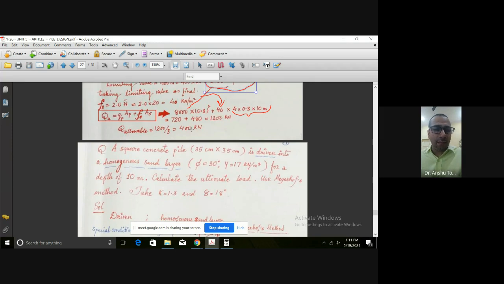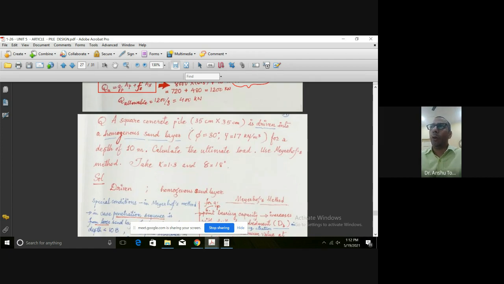Any load exceeding this value of 400 kilonewton is over and above and unsafe. तो जो सुपर स्ट्रक्चर से लोड आ रहा है पाइल कैप के ऊपर, और पाइल कैप से वो लोड डिस्ट्रीब्यूट हो रहा है n नंबर ऑफ पाइल्स में. अगर 9 नंबर ऑफ पाइल्स हैं, let us say 3600 किलोन्यूटन लोड आ रहा है, उसको हम 9 से डिवाइड करते हैं तो 400 किलोन्यूटन लोड आएगा. That means 3600 kilonewton तक वो सेफ है. As soon as the static load increases beyond 3600, it becomes unsafe.